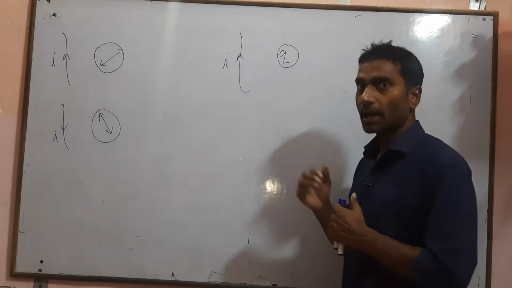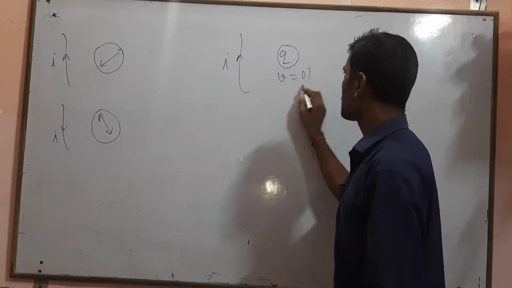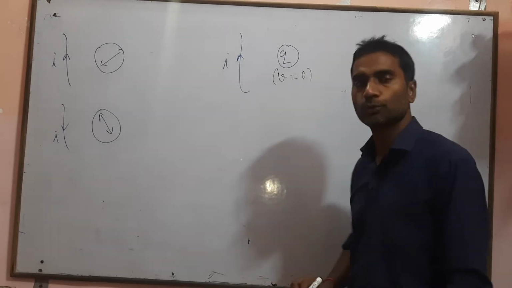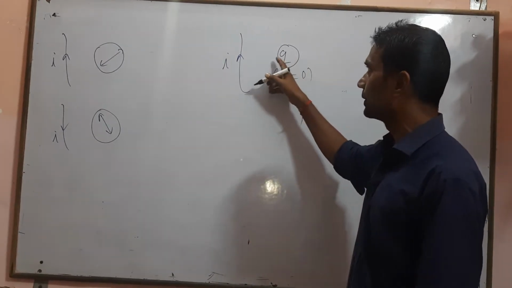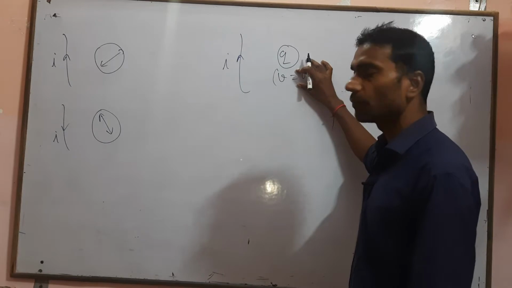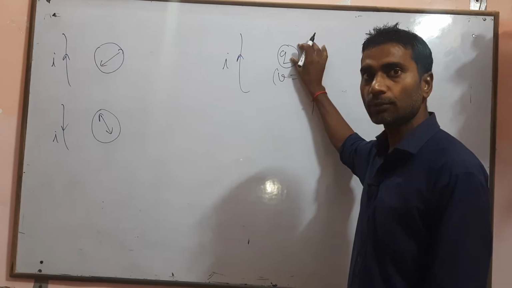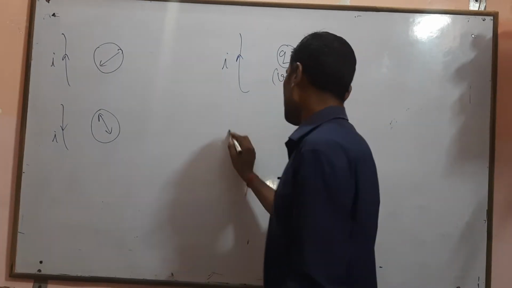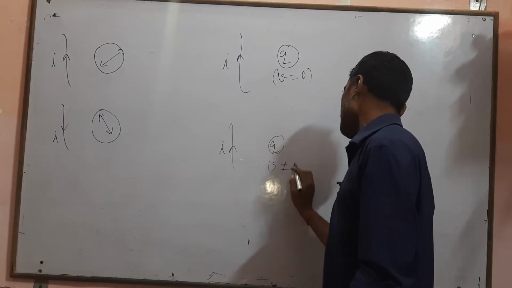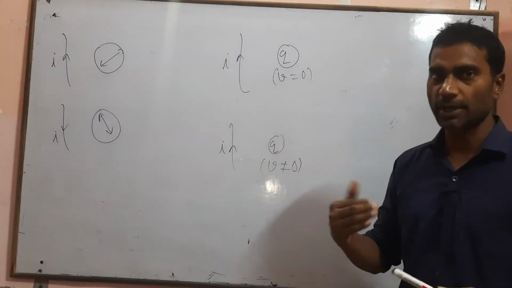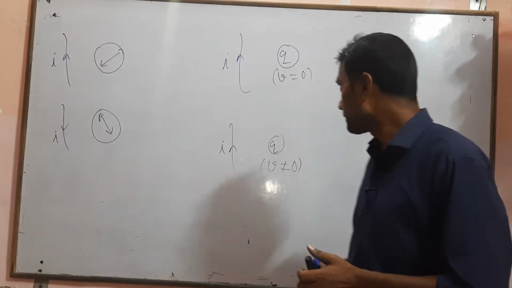Okay, if current I flows and the charge is at rest, rest means the velocity of that particle equals 0. If current I flows and any charge is put near the wire, with velocity of charge equal to 0, then no force acts. And if current I flows and charge q has a velocity that is not equal to 0, let us suppose the velocity of charge equals 2 meter per second, then